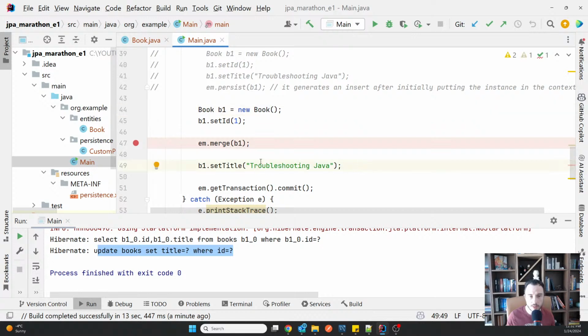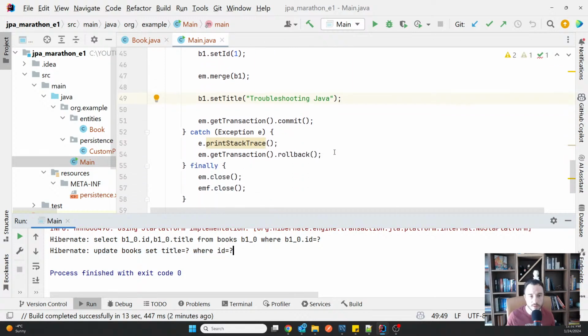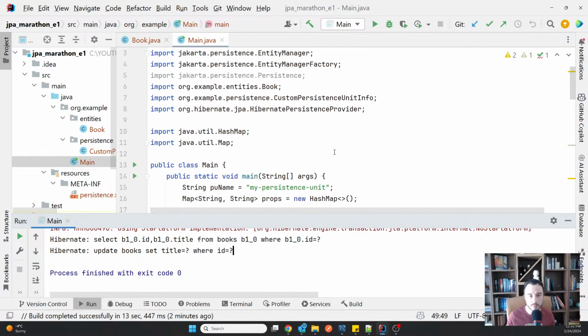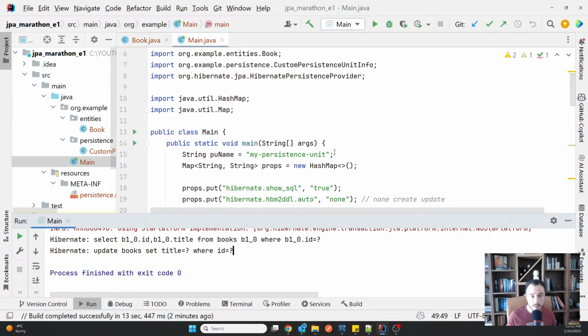So somehow I would have expected the new title to be Troubleshooting Java, but it ended up as null. While I do agree it was null initially, I did change it here, so strange thing. But it did generate the update as I expected, so fine enough, for me at least. Well, Hibernate is difficult.